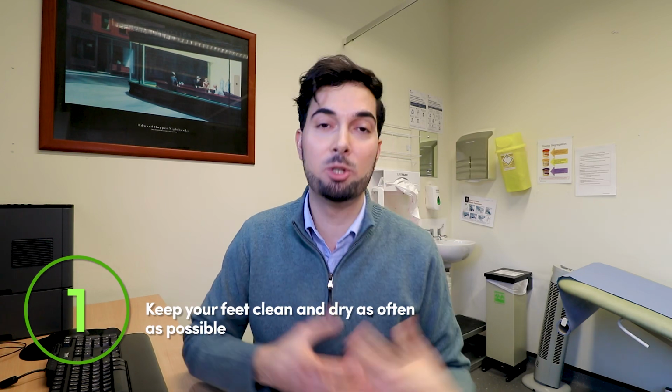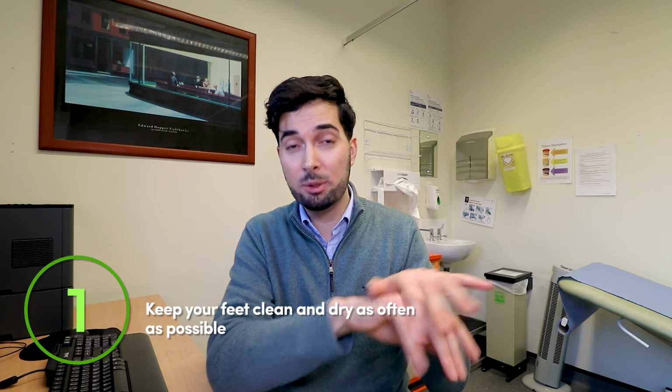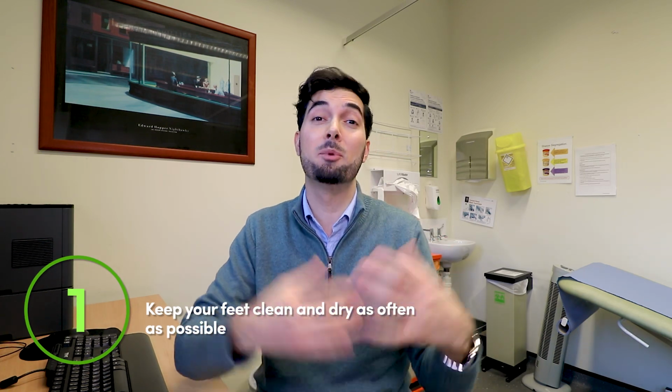So tip number 1, you need to keep your feet clean and dry as often as you can. When you wash your feet, make sure you're going in between the toes, wash all over it. But then the most important step afterwards is make sure you're drying it thoroughly with a clean towel. Don't keep reusing that towel on the foot or on your hands or on your body. When you've used the towel, you need to put it in the wash so it can be washed. So you're using a new towel every time, and make sure you're drying in between the toes nicely so there's no damp, there's no moisture there, because fungus